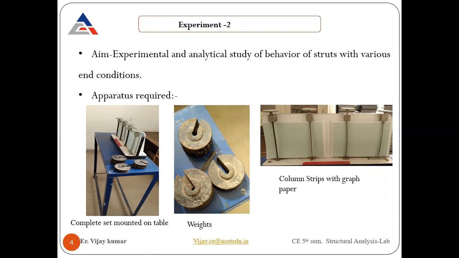If you remember Euler's formula, it is pi square EI by Le square, where Le is the effective length, which depends on the end conditions, whether both sides fixed, one side fixed and the other hinged, and so on. According to that, we first need to find the effective length, put it into the relation, and then solve for the values.